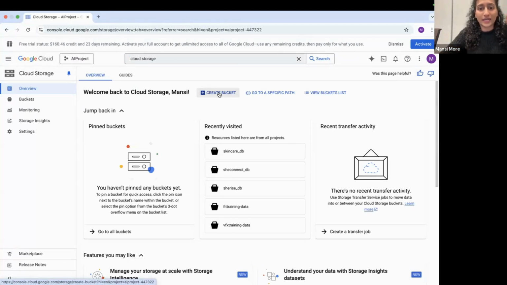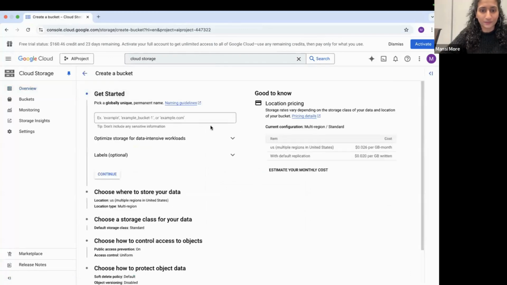So we're going to click on Create Bucket. Feel free to give it any name. Here, I am going to create a website or a chatbot for skincare products, any random sample skincare website. People are busy nowadays, and they don't have time to watch YouTube tutorials for skincare or homemade tips for skincare. So that's what we're going to do today.